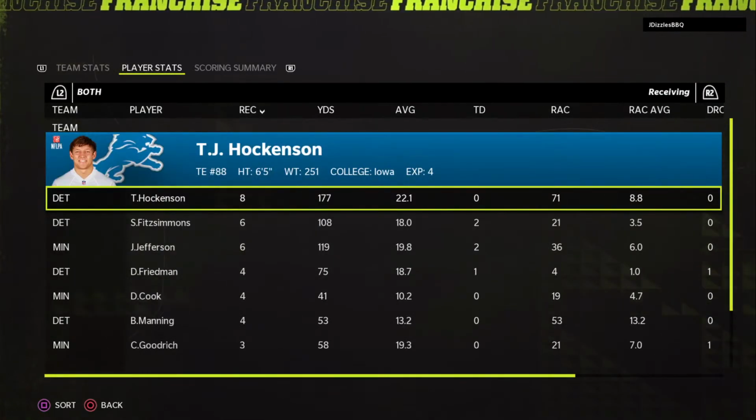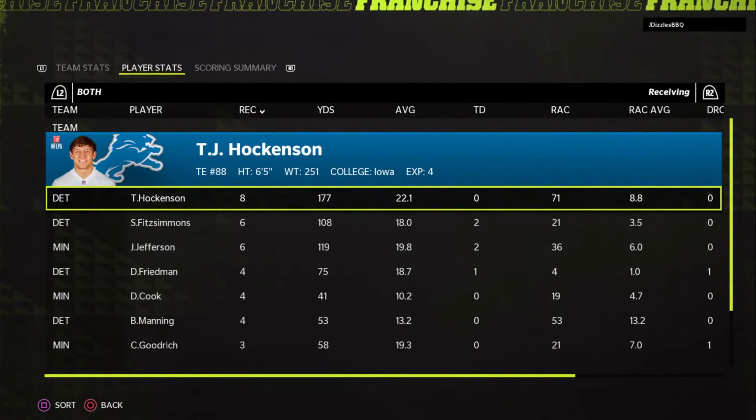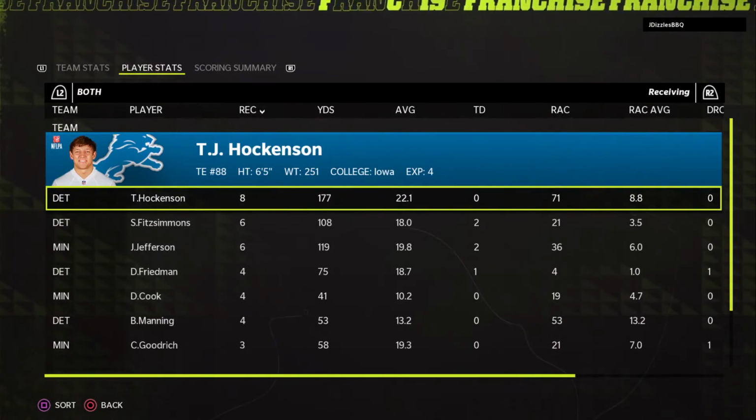So for Detroit, it wasn't always pretty, but they do eke out the Week 1 victory here by a field goal. And they'll get to stay home